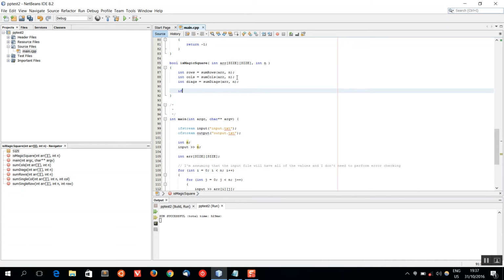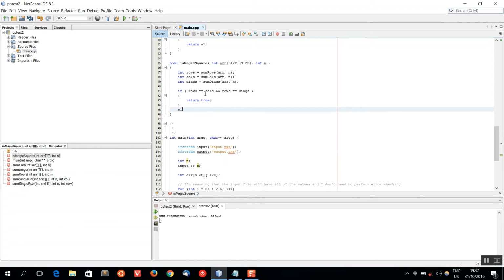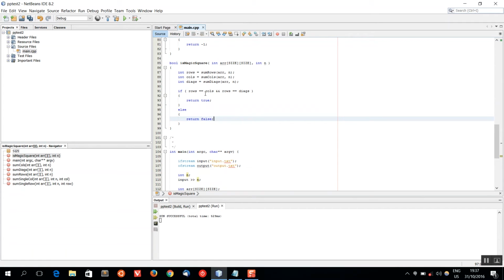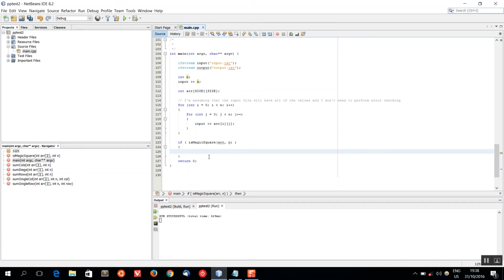So all we need to do is say if rows equals columns, and rows equals diags, then it means it's a magic square, right? Otherwise, if that's not true, it's not a magic square. So now we can do an if statement here. If is magic square, and I'm going to send in my array and my n value that I've read in. If that is a magic square, then output,